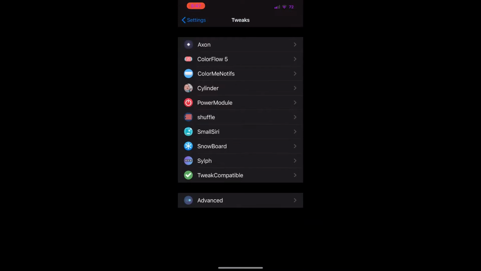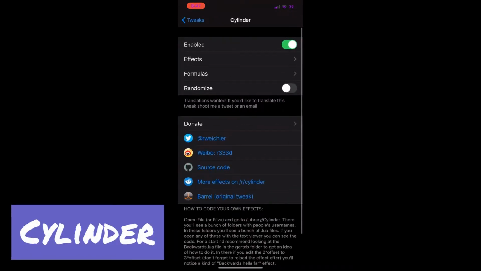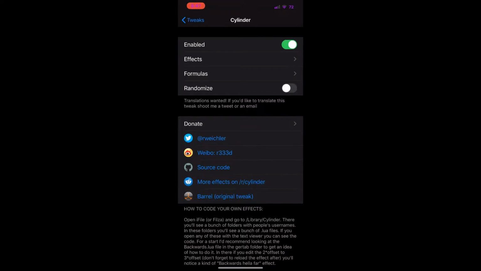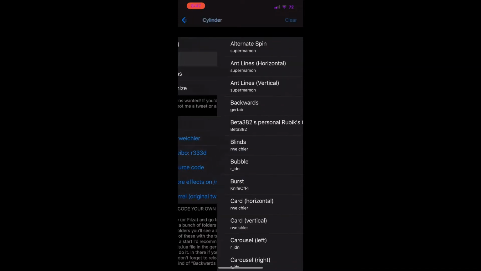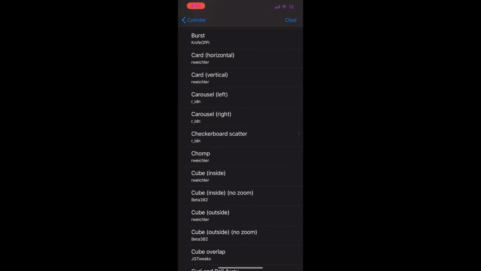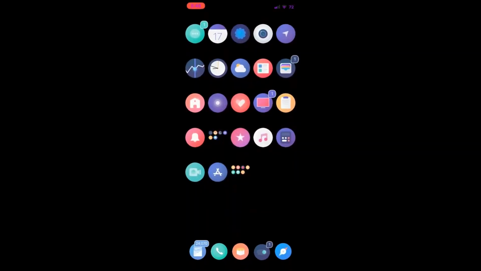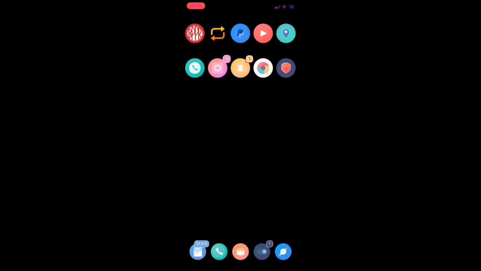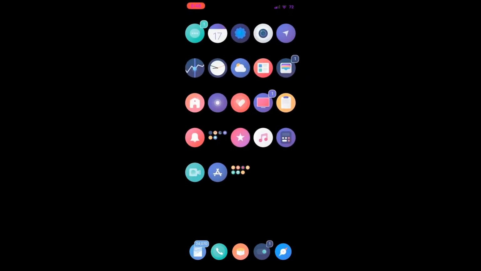Now let's go to Cylinder. Cylinder is the best tweak to replace the rotation of your home screen apps to a mesmerizing animation. The effect we are rocking on this iPhone is the checkerboard scatter. As you can see it here, it looks like this. You see the rotation? Now let's go